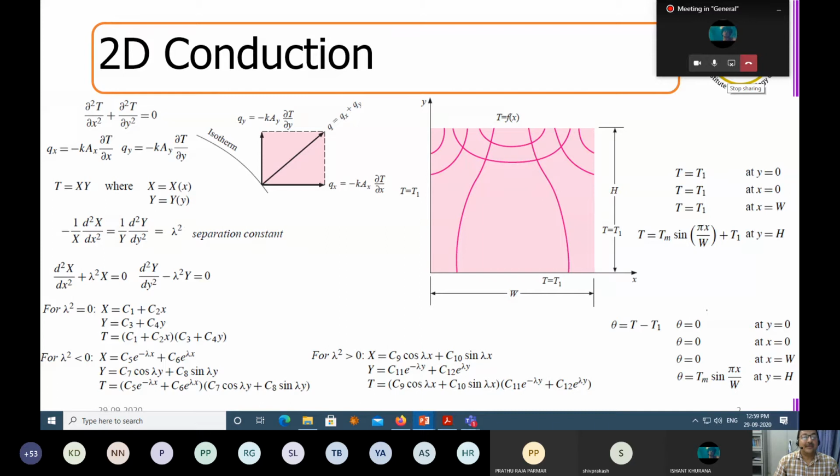Now let us see how exactly we approach if we go for a 2D conduction equation. What is that? Del square T by del x square plus del square T by del y square equal to 0. Simple Laplace equation we are having. Okay. What is the problem? That now I have to deal with 2 dimensions. Right? What should I do? The first analytical way to solve this problem is called the separation of variables.